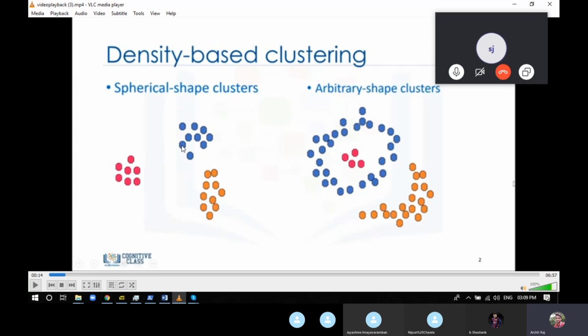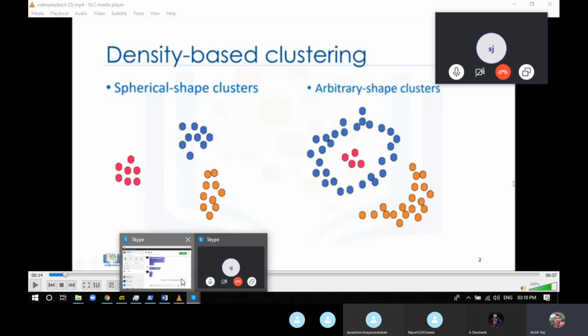But what if the shape of clusters that we have is completely arbitrary? Like this is our first cluster, inside our first cluster there is a second cluster, and there's some third cluster outside that. If you try to apply k-means in this example, it will give really bad results because it will try to make circular clusters, and there's no option by which these clusters can be separated from each other using k-means. So for that, we came across